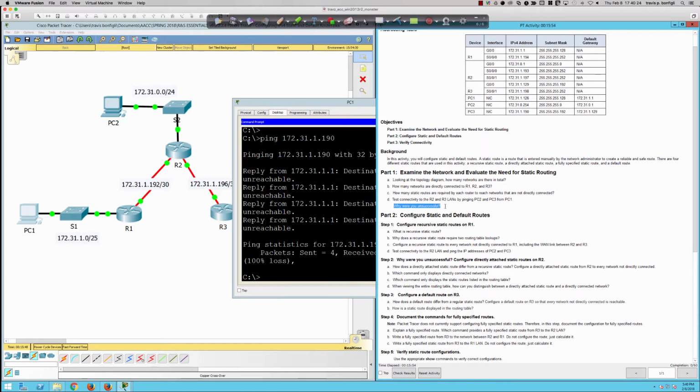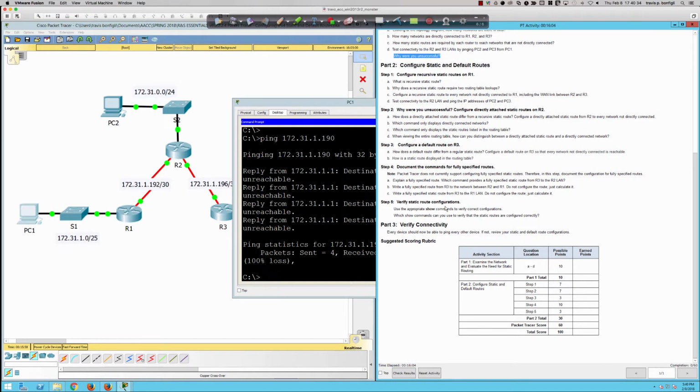So why were you unsuccessful? We kind of beat this one pretty good: router 1 doesn't know how to get there. It's as simple as that. Router 1 has no clue how to get to those networks. So now let's go ahead and transition over here to part number 2, where we're going to configure some static